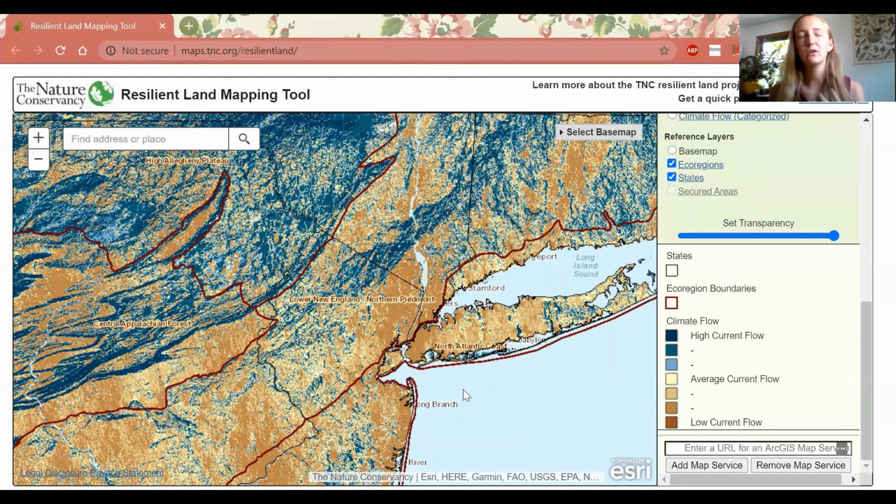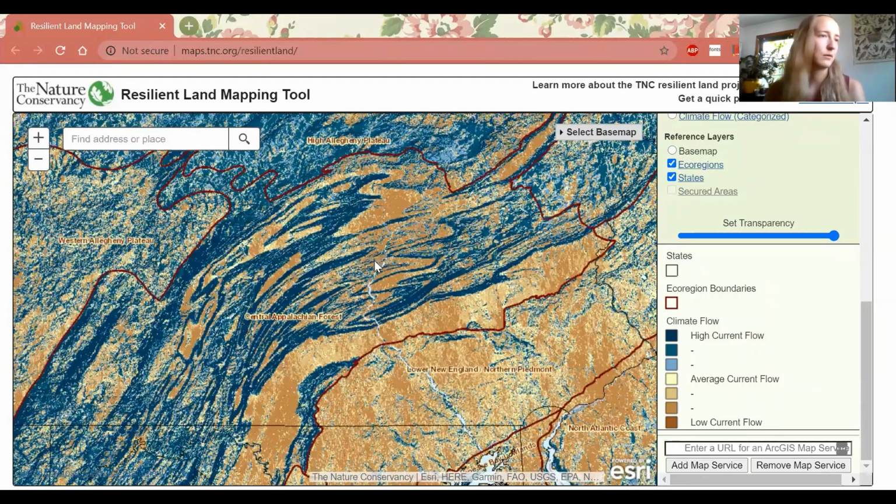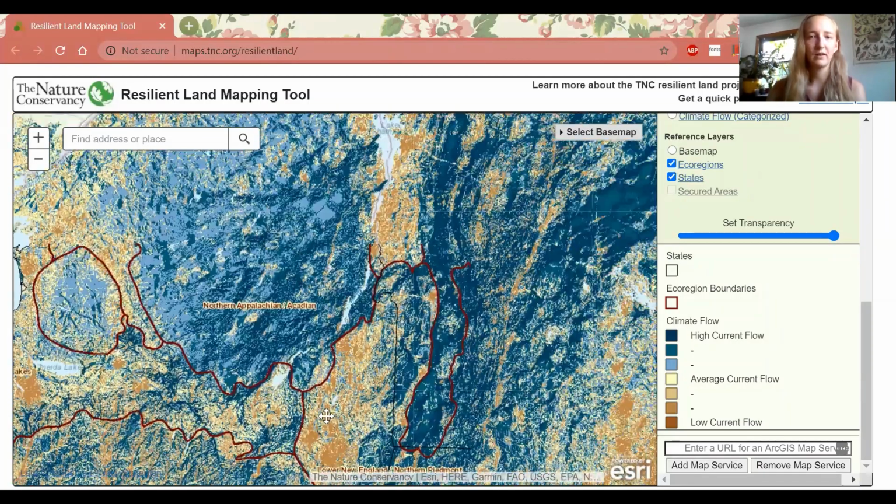So that calculation all goes into the flow results that you see. And again, this high current flow is in dark blue and lower is in orange. But the beauty of these results is that you can see these concentrated flow points, and that can help you with prioritization. So for example, one area here